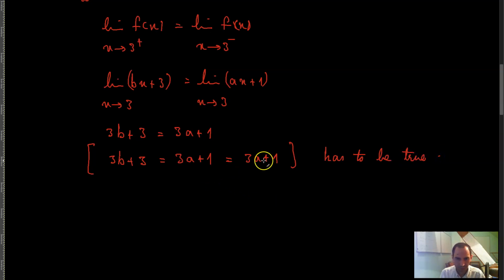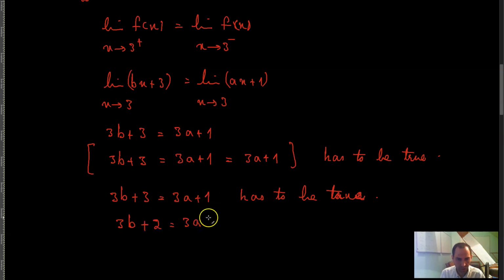Which ultimately means that since these two are the same, 3b plus 3, which is equal to 3a plus 1, has to be true. Meaning that, subtracting 1 from both sides, you'll get 3b plus 2 is equal to 3a. And therefore this is the condition